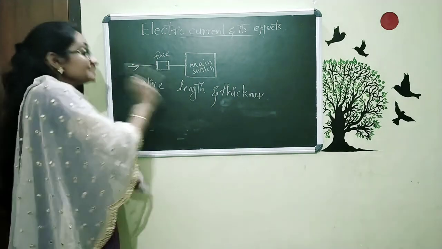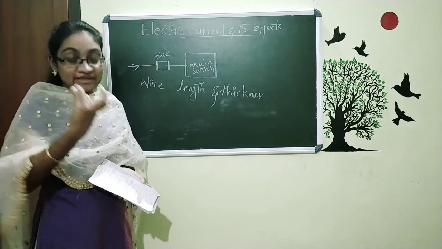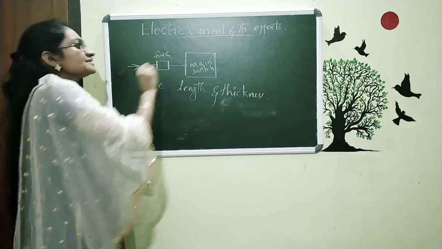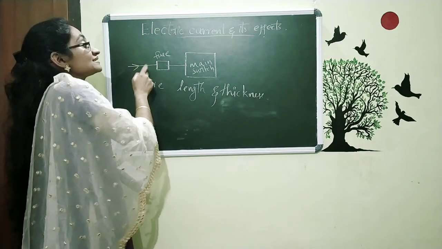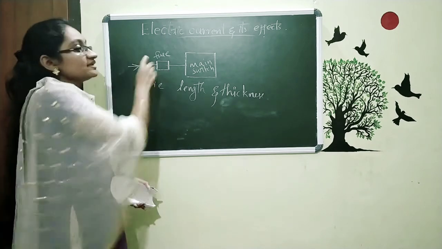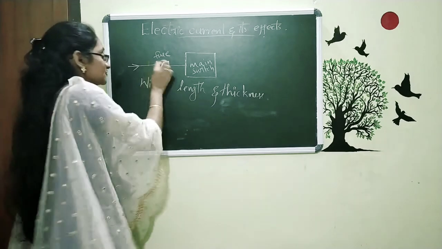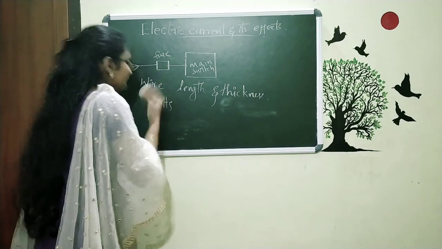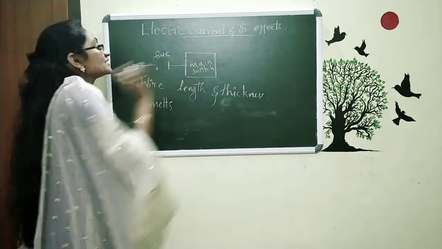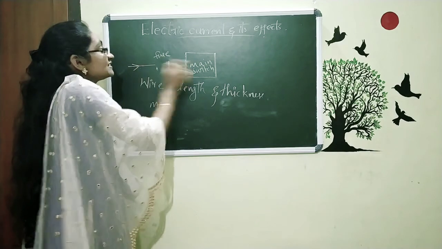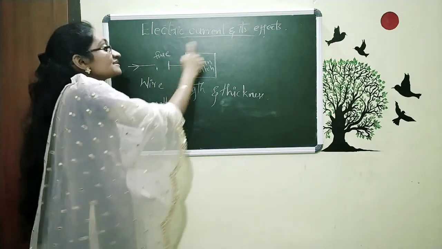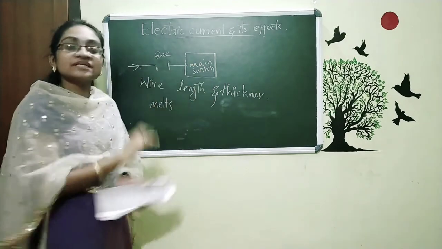That means this wire can hold a maximum amount of electricity. It can hold a certain amount of electricity, and if the electricity has more energy than its capacity, what will happen? Then this fuse will melt. When it melts, the circuit is incomplete and the electricity will not reach our main switch. Likewise, we are protecting the main switch or the further devices by this.